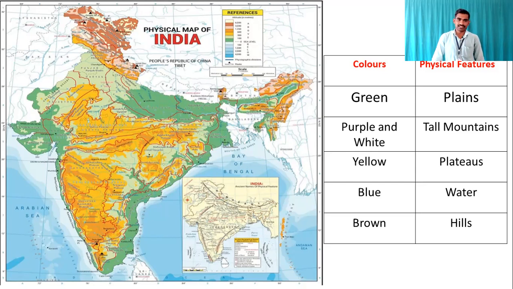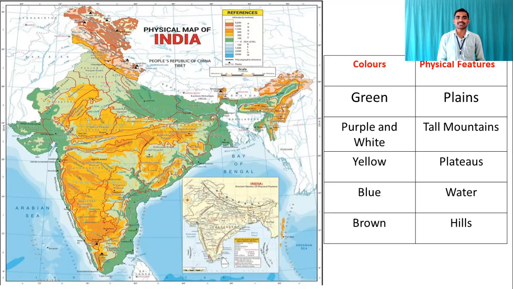And to show the hills, everyone remember that mountains are very high and hills have a little less height than that of the mountain. You have already learned the physical features. You have those videos on our YouTube. You might have seen those. So tall mountains are represented by the purple and white color in the physical map of India, and for representing the hills in the physical map of any particular place, mostly brown color is used.